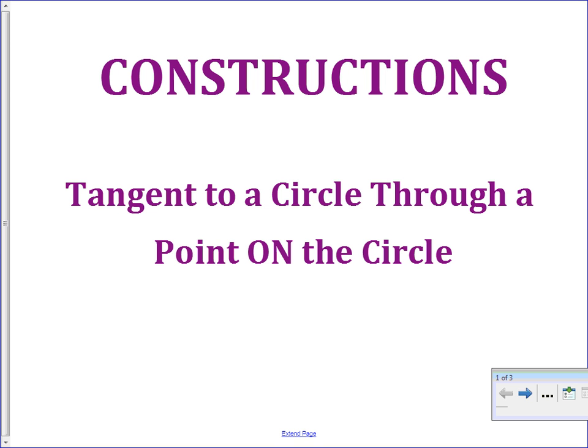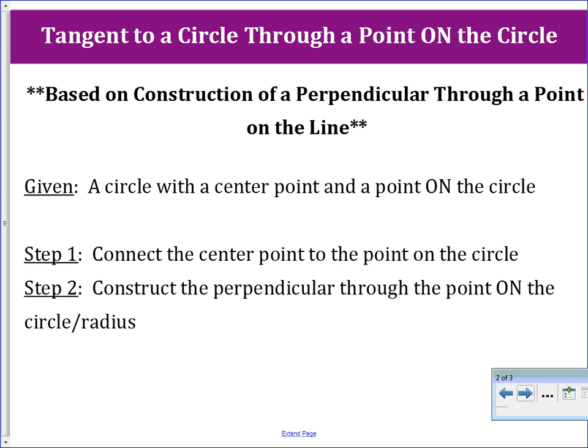This construction is dealing with a tangent to a circle through a point on a circle. A tangent line is a line that touches a circle at one and only one point. It does not go through the circle. When we are doing this construction, we are going to have a center of the circle, a point on the